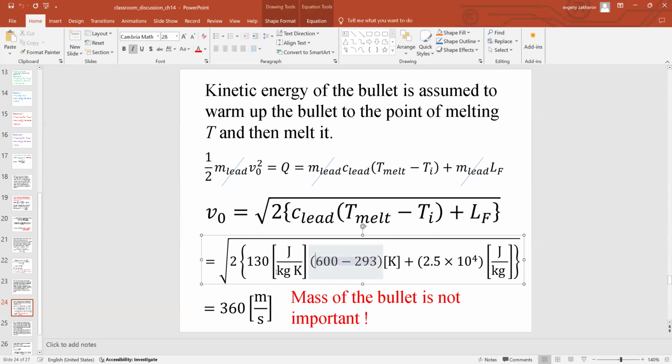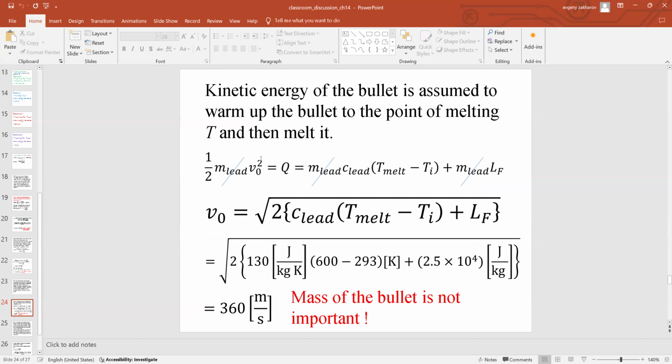And let's plug in the values for what's given and for what's missing. For the lead, specific heat is given in the table. Melting point for lead is 600 degrees Kelvin, and room temperature was 20 degrees plus 273. That becomes 293 for the Kelvin scale. And latent heat of fusion for lead is 25,000 joules per kilogram. Do the radical out of that because it's V squared, and you get 360 meters per